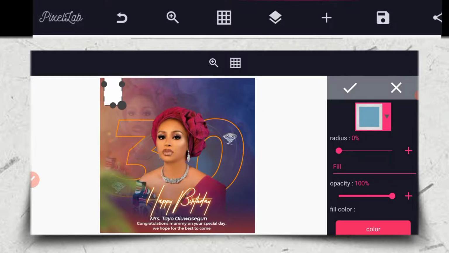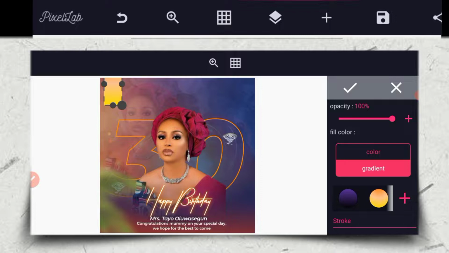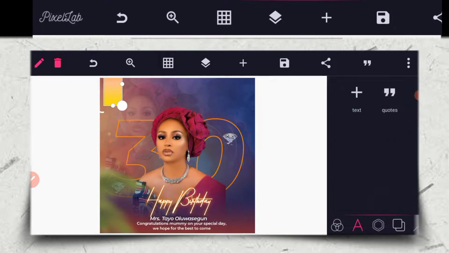So just do something like this. Then you give it something. So let's assume I want to give something that is good. So let's just give it a gradient color. So after you give it a gradient color, the next thing you have to do right now,